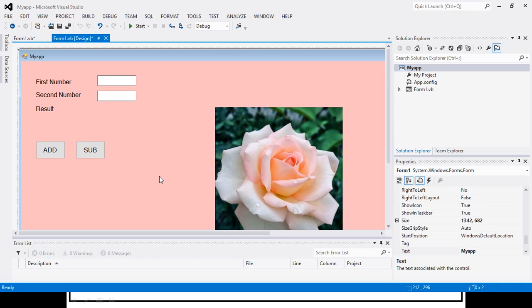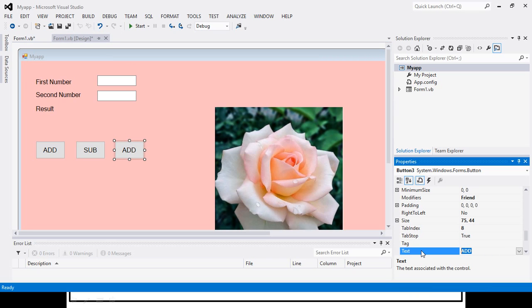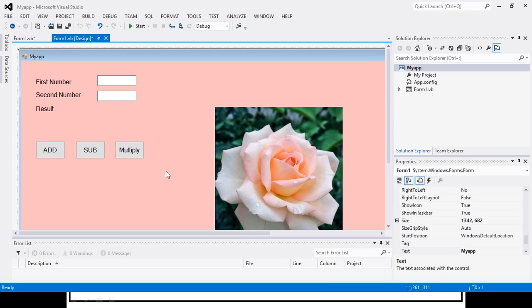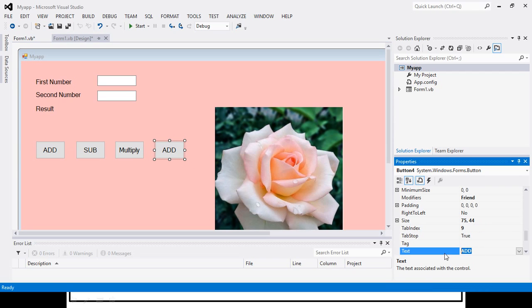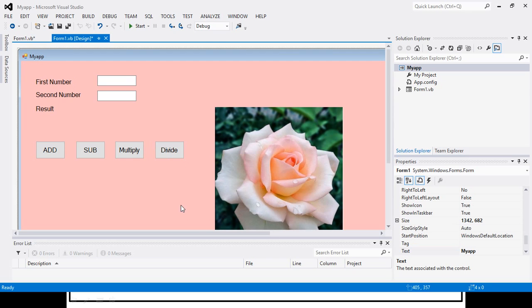Again I will paste another button and change its text property to multiply, and again a fourth button for division. So in this way I used 4 buttons.